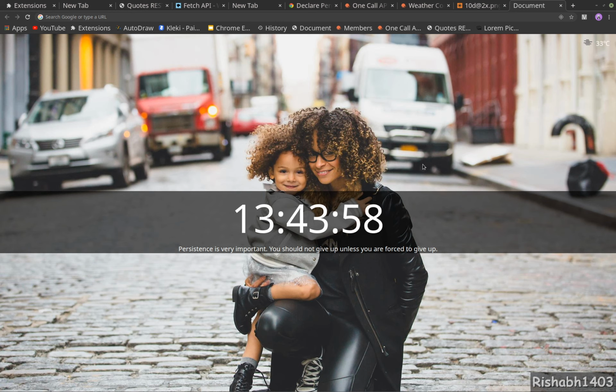So in the next one, we will start with another feature, the to do feature, where we will use a little bit of concept from jQuery, and then we will use Chrome Sync and storage to store our to do so that we can use it on every login of our Chrome browser.